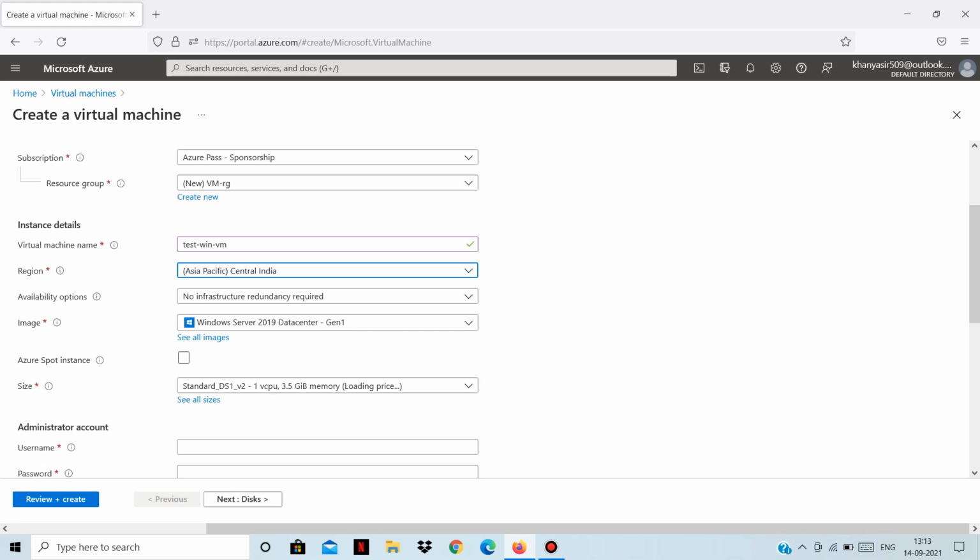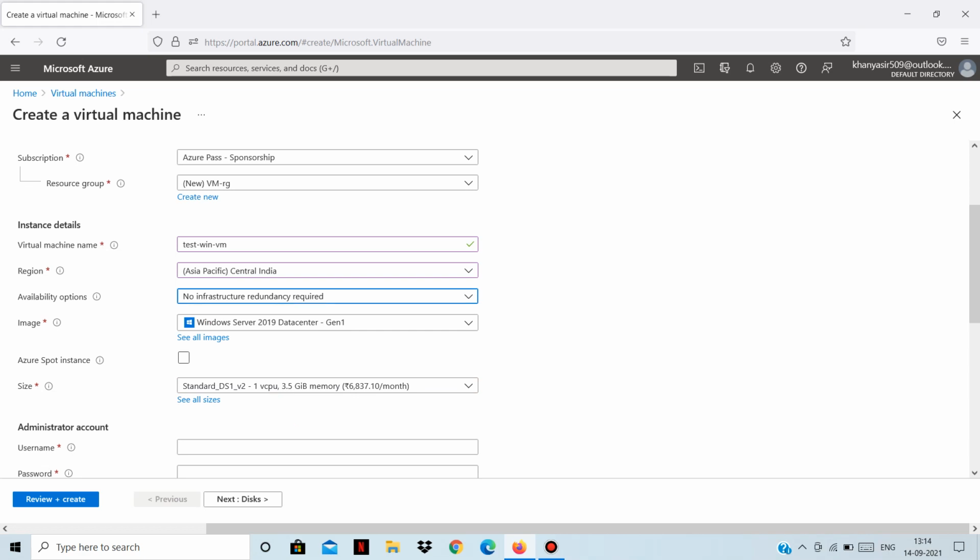There are various factors that are taken into consideration to choose a region: cost and various other factors, latency, compliance. Okay. Because Azure has data centers all over the world, you can choose any region where you want to run your application or host your workload. The better way is to choose a region which is nearer to you. So I have selected Central India.